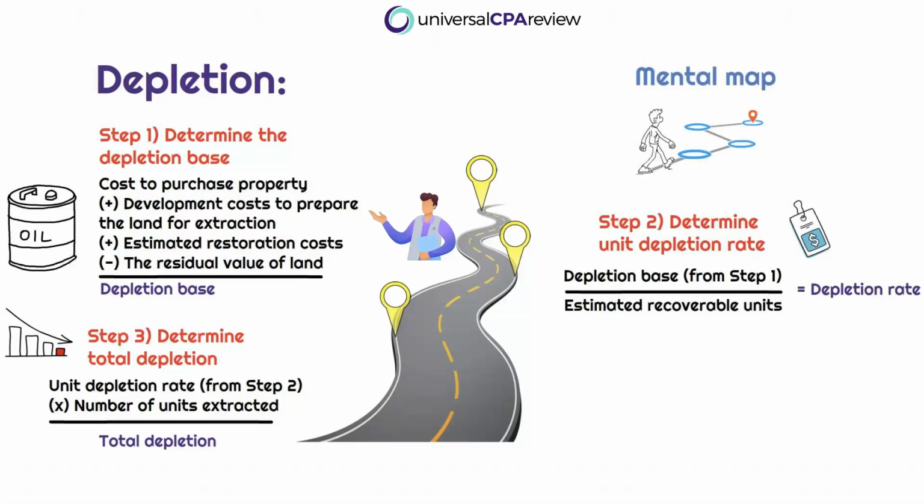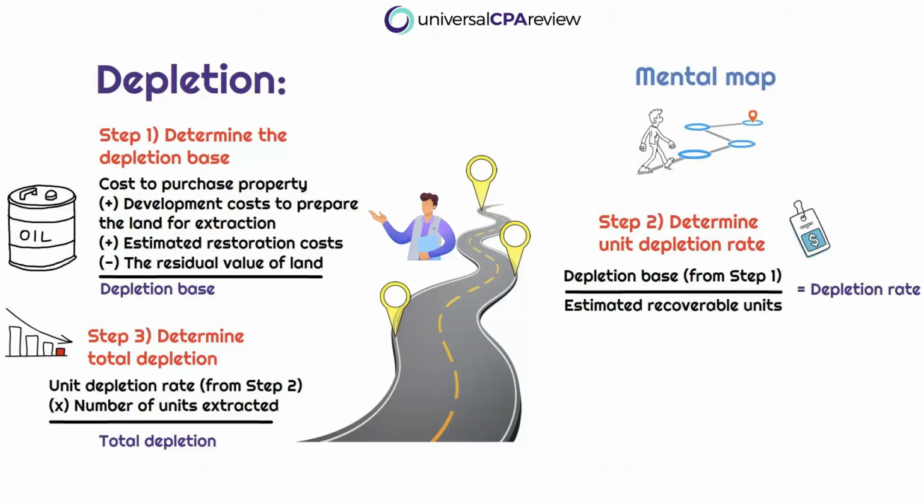The first cost that is going to go into the depletion base is going to be the acquisition cost. This is the price to actually obtain the natural resource. If we are fracking this oil, this could be the price for, say, leasing out this space. So anything that has to do with purchasing or obtaining the land to actually extract or obtain that natural resource. It's also going to include any additional development cost to prepare the land for extraction, as well as